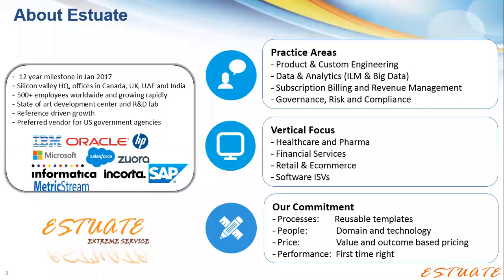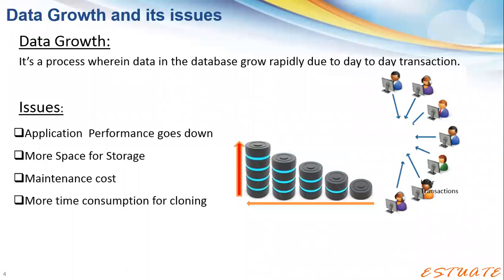We are very focused on 4 verticals, which, as you can see, is healthcare and pharma is one, financial services another one, retail and e-commerce, and the software ISV. So we cut across these 4 verticals using the 4 practice areas that we have. And we believe in the 4 Ps, which includes the processes, the people, the price, and the performance, using which we have been quite successful in retaining our customers year on year, and most of our customers are through referrals itself. So just going next would be about IBM Optim, or rather about data growth, which I would